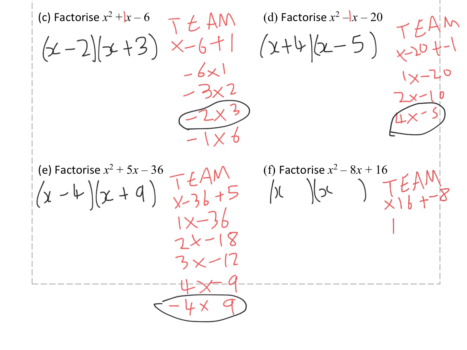Well, I know it's 16 times 1. I'd be there a long time. Remember, if it adds to give a negative, positive numbers are going to be no use multiplying. We need to look at minus 16 and minus 1. And they give minus 17 when you add them, but at least it gives you a negative number. Let's go again, minus 8 and times by minus 2. That gives minus 10 when we add. Then minus 4 times minus 4. Now they add to give minus 8. So minus 4 and minus 4